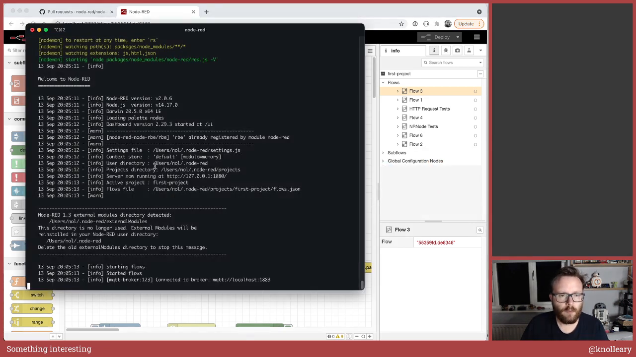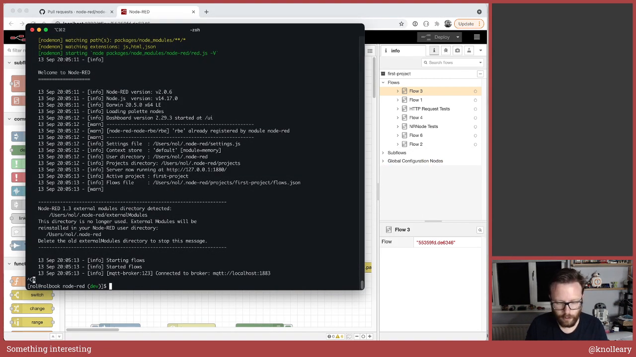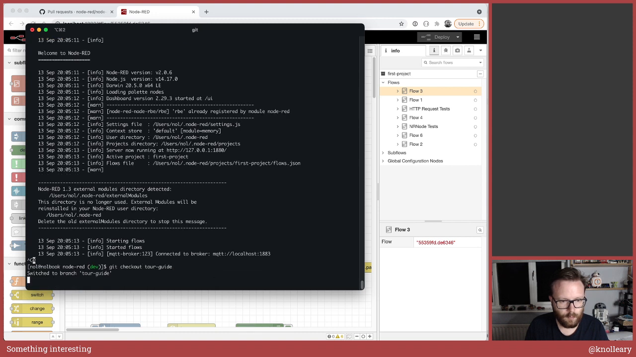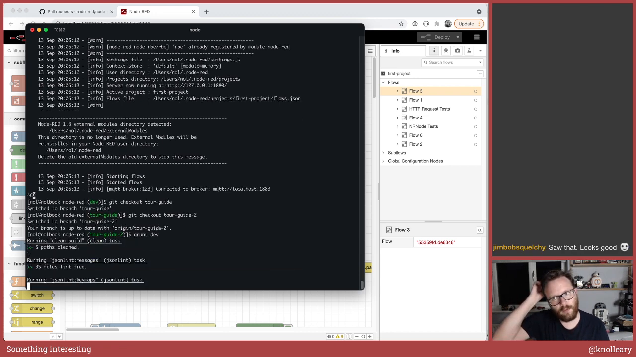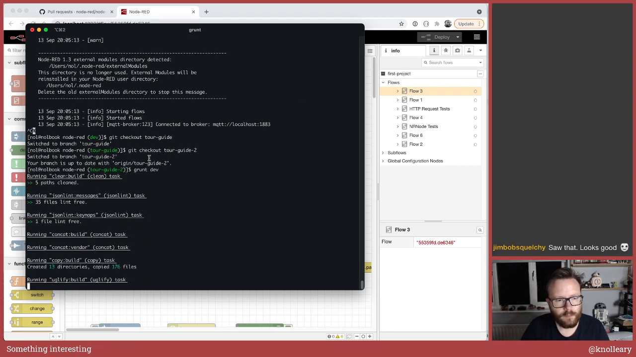Something else I've been working on is the new tour guide feature, which I teased on Twitter with a demo video. But let me just pull that up. Do I want tour guide or tour guide 2? So this is a new framework for creating interactive tutorials in Node-RED. The idea being